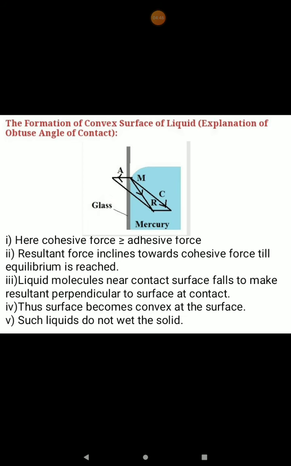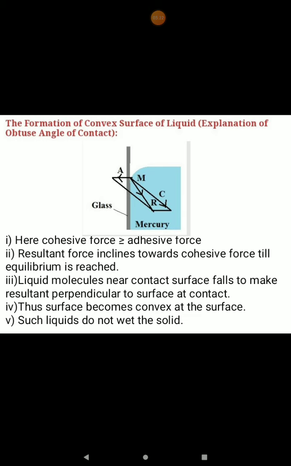Now formation of convex surface of a liquid means formation of an obtuse angle of contact. Now if we take mercury in a glass container, as we know that mercury does not stick to the glass, here cohesive force is greater than adhesive force, which means the force of attraction between mercury molecules is greater compared to the force of attraction between mercury and glass molecules. Since mercury does not stick to the glass, the glass container pulls away the mercury molecules, and